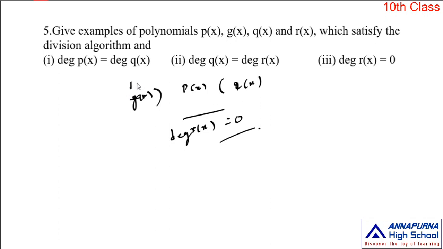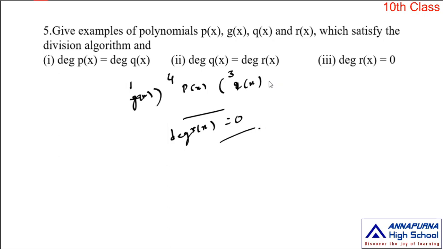So you can choose a first degree polynomial as divisor and a fourth degree polynomial as dividend. Then the quotient is a third degree polynomial. So based on these degrees, you can choose any four polynomials as p of x, g of x, q of x, and r of x. This is not important, but try. So this is the third exercise,